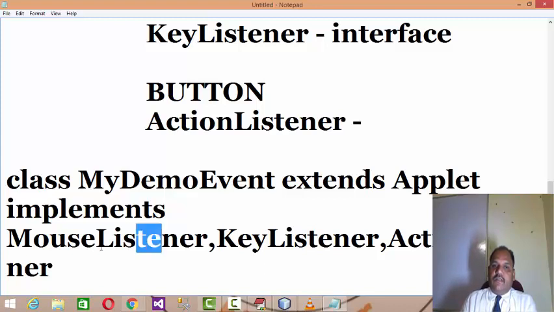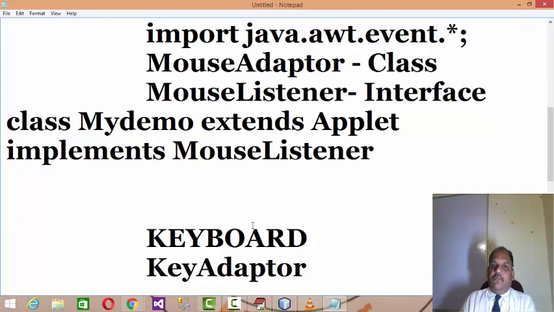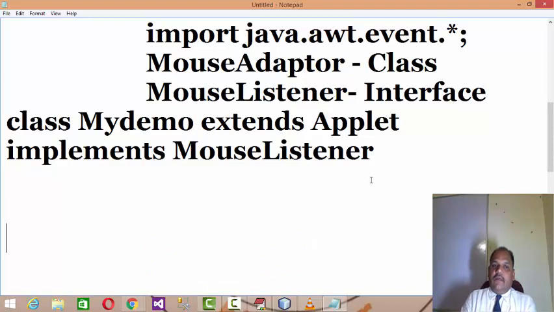Mouse listener interface processes the events of mouse. Key listener interface processes the events of keys, right? And action listener processes the events of the button over there. Now on mouse, what event processors are there?